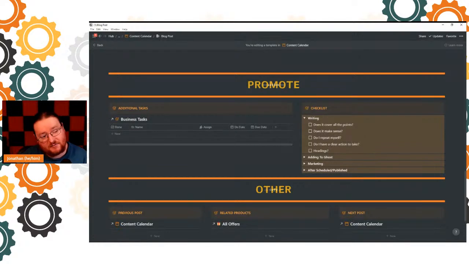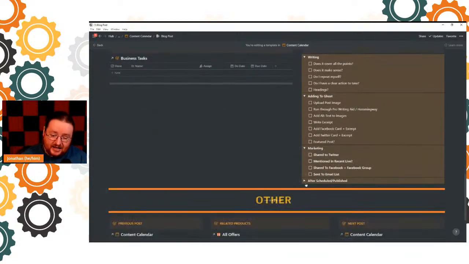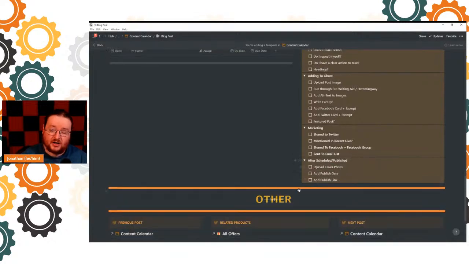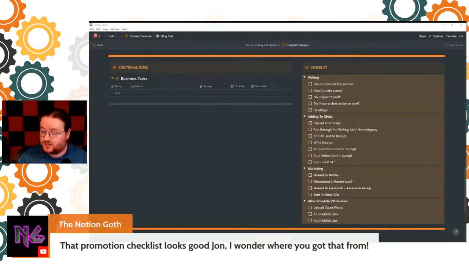Then we have my completely original, not borrowed from anybody else checklist, where basically, does it cover everything? Have I made sense? Is it good, clear to action? Just reminders to say exactly what I need to do for each post and making sure that I remember to do everything so that on my worst possible days,